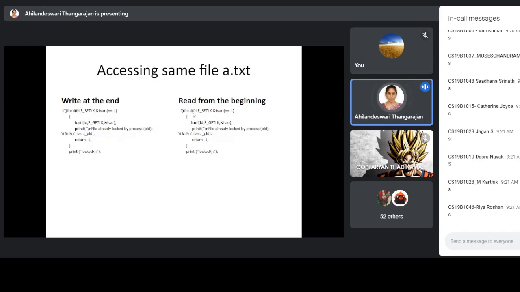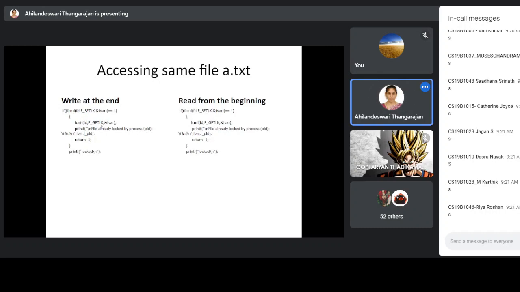Same code here also. Then if some other process is accessing a.txt, what do we have to specify? Here you are calling the getlock command, so the process which locked that particular file has to be displayed. Same code in both the programs. In this part you are applying the lock information on a.txt, and if some other process tries to access a.txt, we have to give the information of the process which locked a.txt by calling getlock.